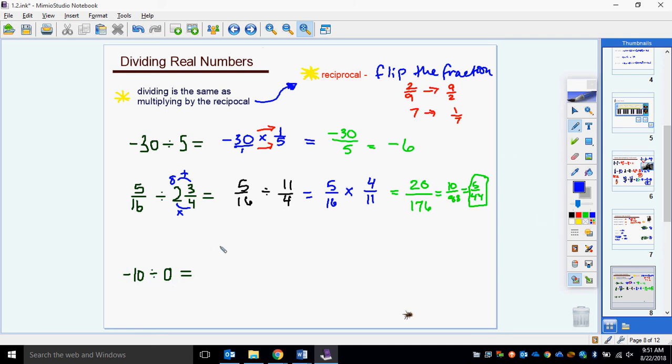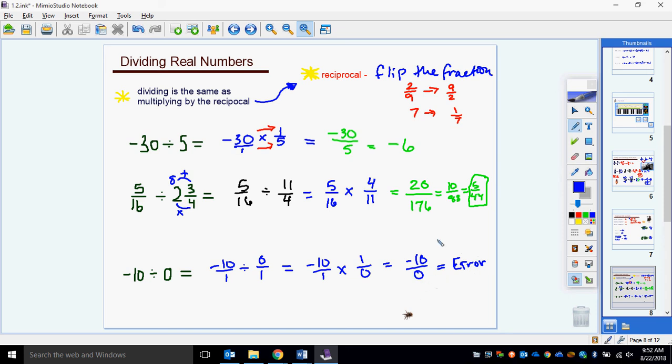I have negative 10 divided by 0. So negative 10 as a fraction is negative 10 over 1. And 0 as a fraction would be 0 over 1. So we're going to change division to multiplication, and we're going to flip this fraction into 1 over 0. When I multiply it, I get negative 10 over 0. So if I try typing that in my calculator, it's going to show an error